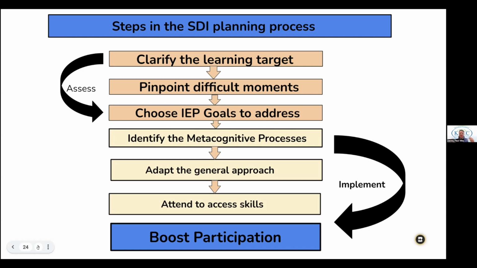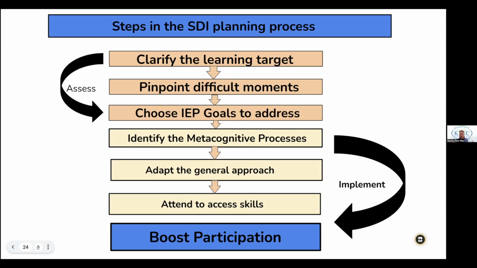One of the first things that Benninghoff highlights is, when we're starting to think about that general ed teacher and that special ed teacher having a conversation, do we know how to clarify the learning target? Can we make the learning target come to life? And when we provide that knowledge of what is expected of the student, are we making it accessible to all students? Are we providing it in different ways? Is it in student-friendly language?